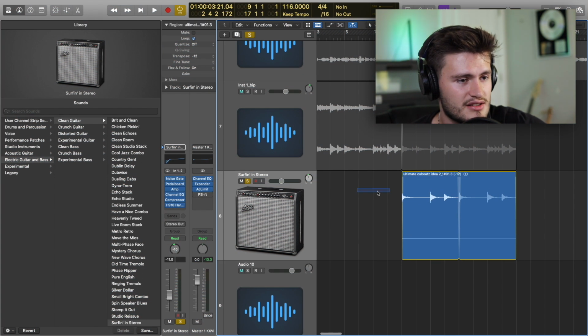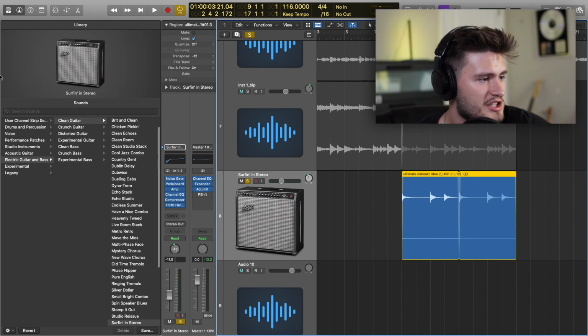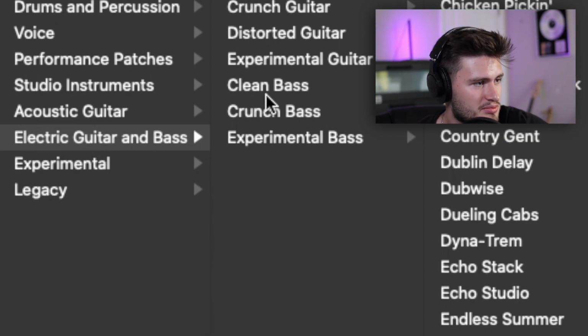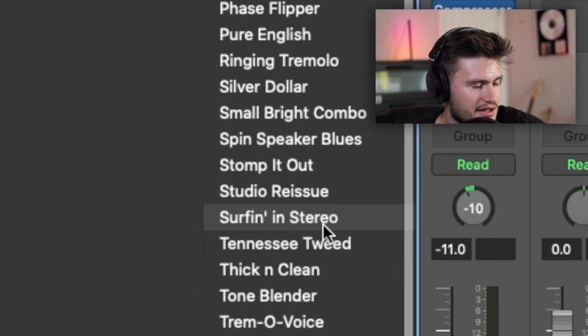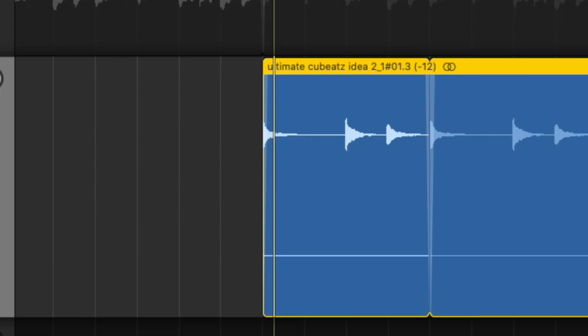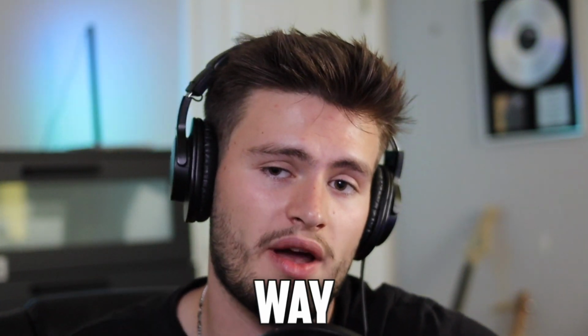For the next sound, this little electric guitar pluck thing that I had, I just went into the electric guitar and bass presets, clean guitar, and then I just chose this surfing in stereo preset, and this is what it sounds like. Instantly gives it way more life and way more feeling, but I wanted to give it more character and make it sound more dark,